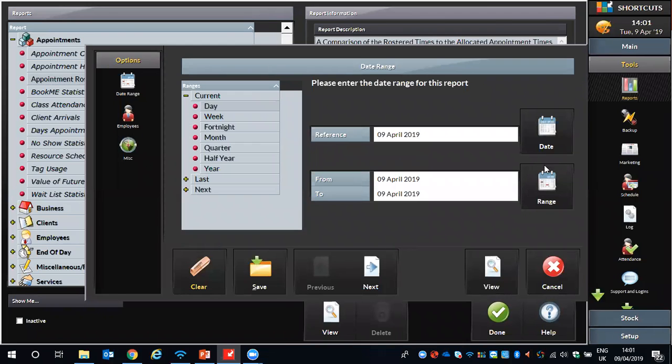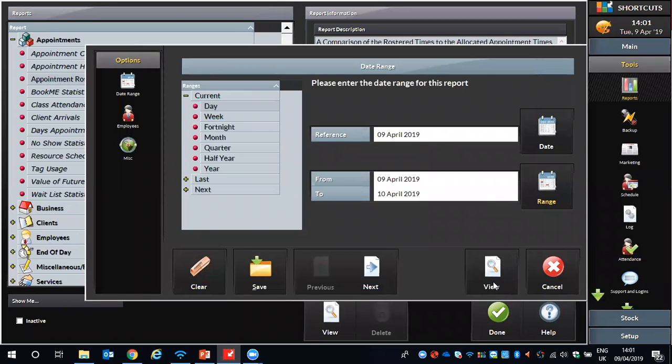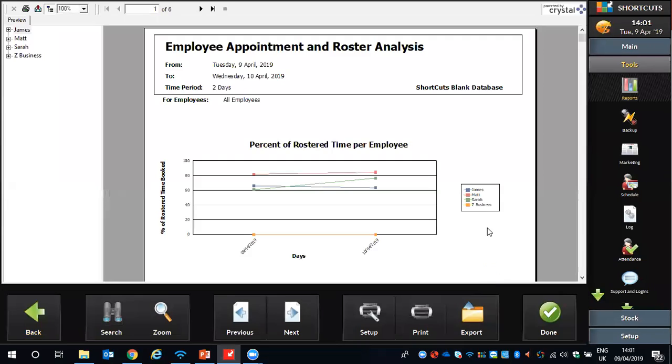Okay. I'm going to have a look again for today and tomorrow, and I'm going to use my range button, choose today and then tomorrow, and I'm going to click the view button. Okay, now this one can be a little bit tricky to get your head around first of all, but please don't be frightened or put off by it. So our appointment roster analysis. So like I said, it basically shows us productivity,